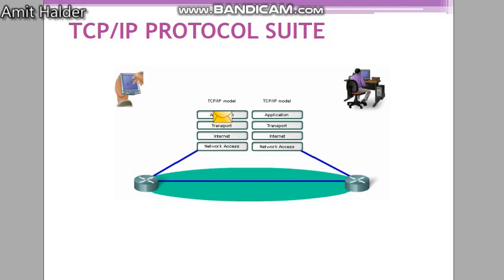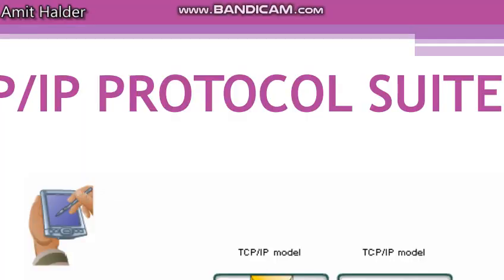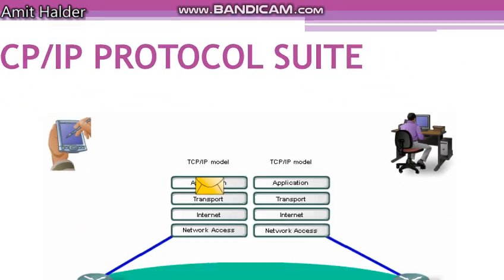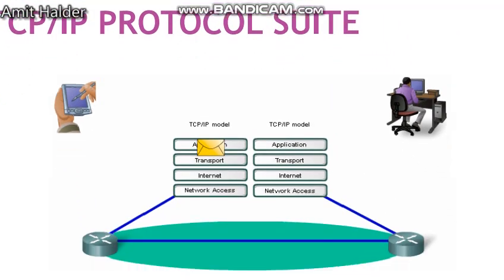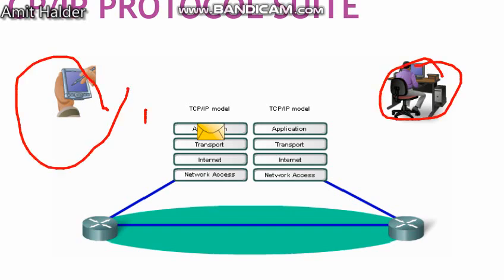In the TCP/IP protocol suite, as you can see here, as I told you before, there are 2 hosts. They want to connect with each other. Here you can see a tablet, and there is a personal computer used by the destination user. If a source user wants to send mail to that user, there is a path,